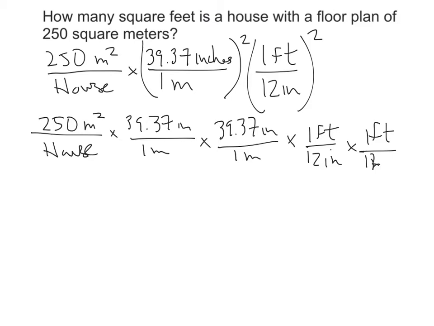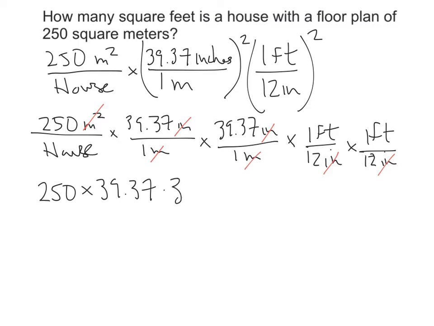Now, of course, you could write, it was poorly written, so just a moment. You could actually write that 1 square foot is 144 square inches, which you'll find if you multiply the 12 by 12. However, if you write it like this, you will formally see that the meters squared is going to cancel meters times meters, and the inches times inches is going to cancel the inches times inches. And now we get formal numbers of 250 times